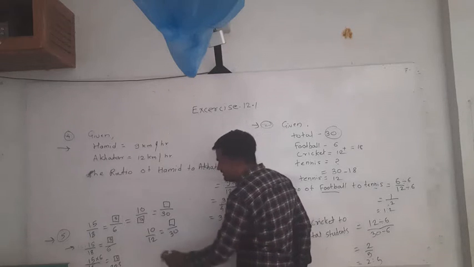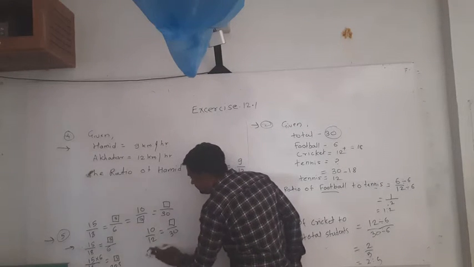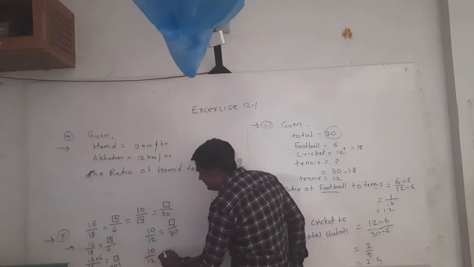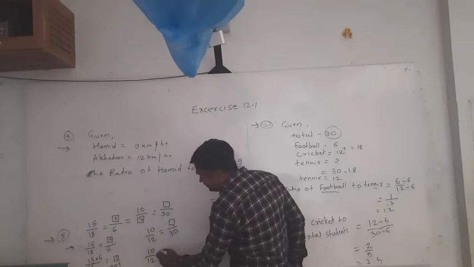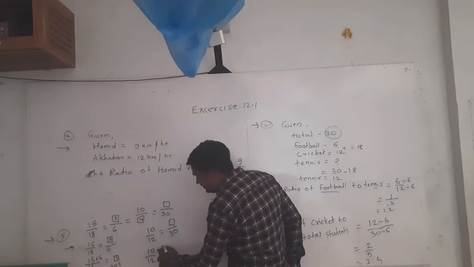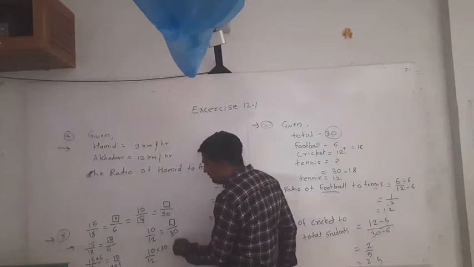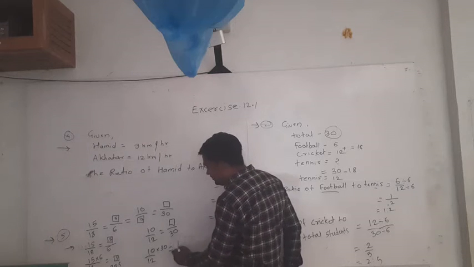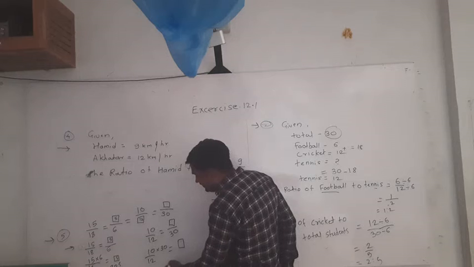Now see, in the same way you can do it like this. You want to find the value of the box, so write this as it is, 10 by 12. This number is in the denominator place, so you can take it to the numerator place. Here this number is divided; if you take it from the other side, it becomes multiply. What remains here? The box. Now solve this.